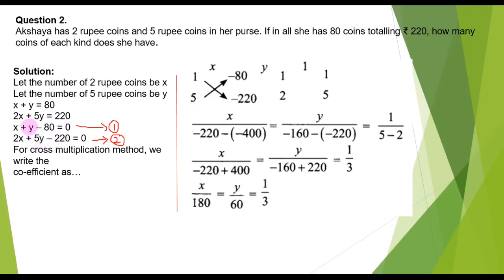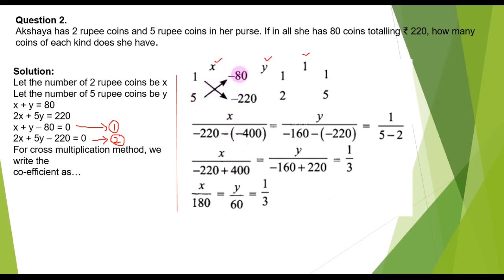So here y has coefficient 1, so 1, and here y has coefficient 5, so 5. Next minus 80, minus 220, then come back to the first. So 1, 2, then here 1, 5. Right, here x, y and 1. x by 1 into minus 220